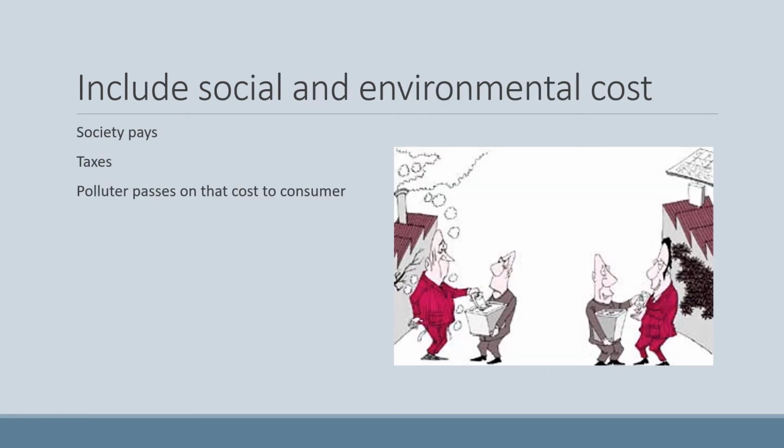Now, one thing we can do is try to include what we call a societal or environmental cost. So basically, how do we pay for things? How do we deal with issues that are in the environment or reduce free rider problems? So one option is society pays. Basically, federal and state taxes assessed on the public to address problems created by residuals such as water pollution.